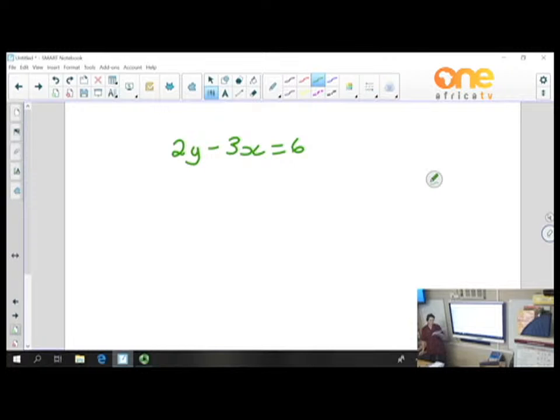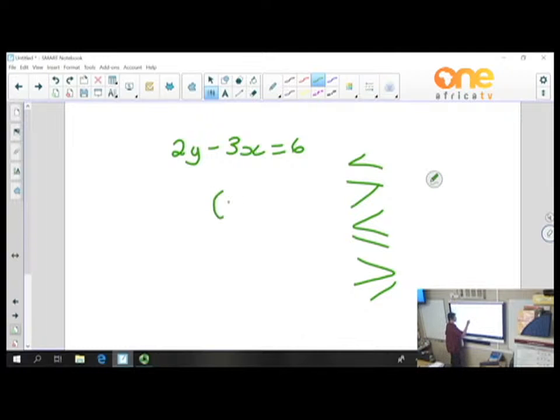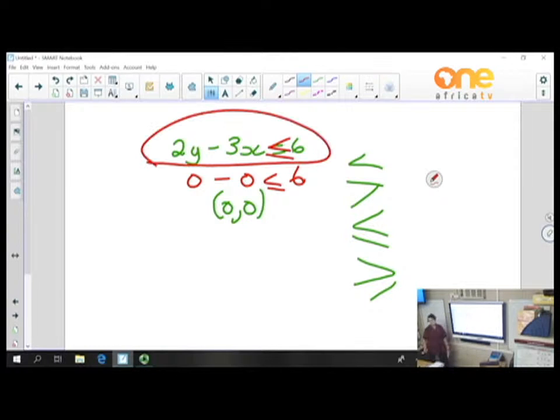What we now have to use, now is this a solid line? So it means yes, we test the point 0, 0 in here to see what is true. So 0 minus 0 and 0 is? So 0 is less and equal to, because it's a solid line. For that one, come, write it down. There's the answer. So I put the